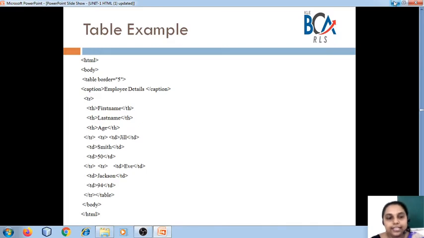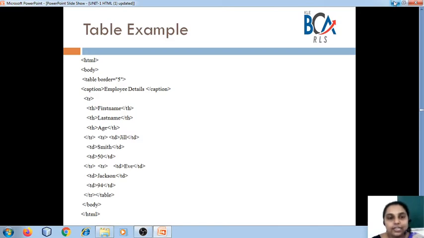Okay, and then I have started the next row, that is my first data row, and I have specified the data for the row with the help of the td tag. Data is given as Jill, and then again I close the data tag. Next, the last name is given as Smith and the age is given as 50.